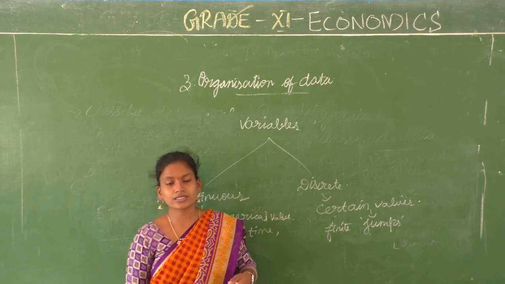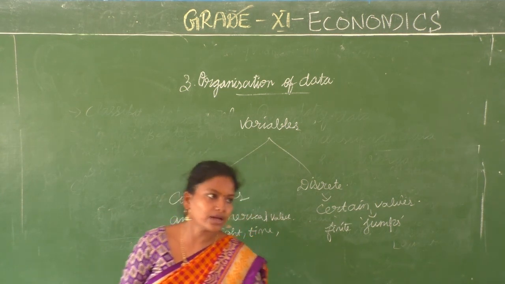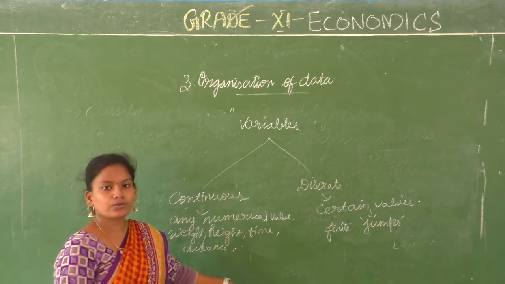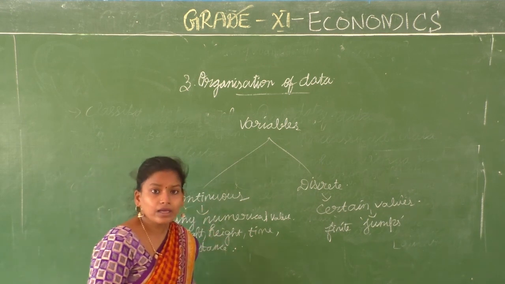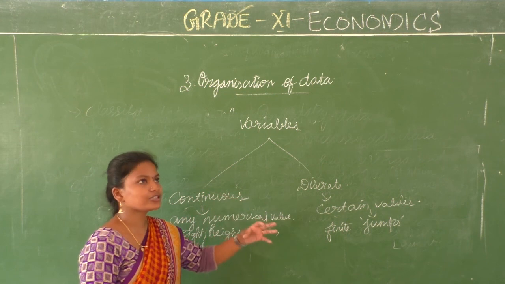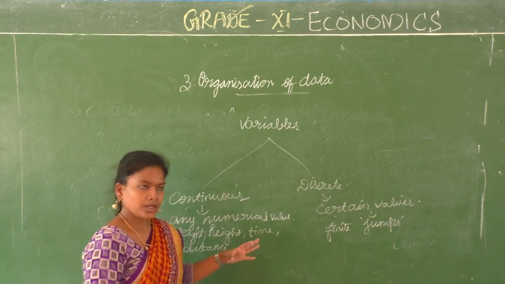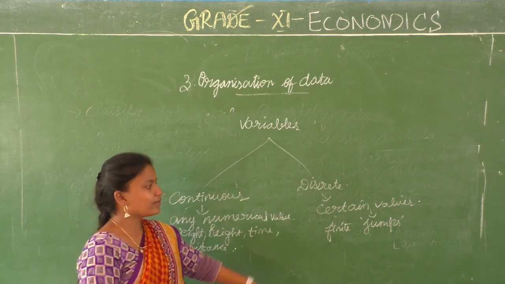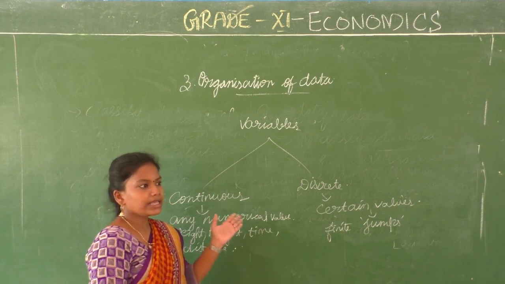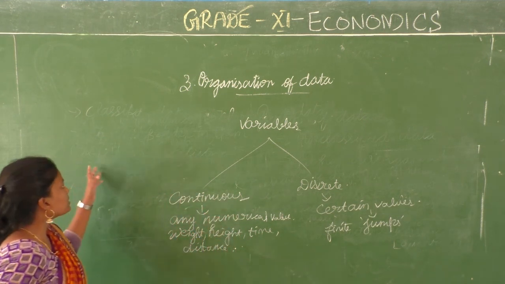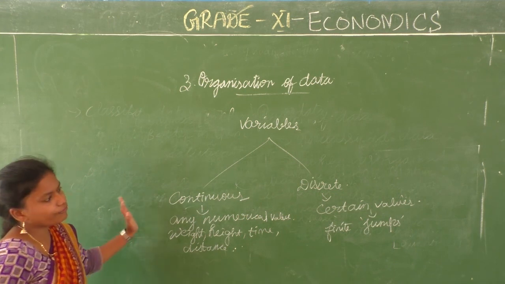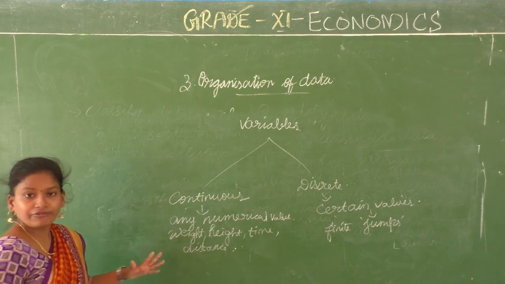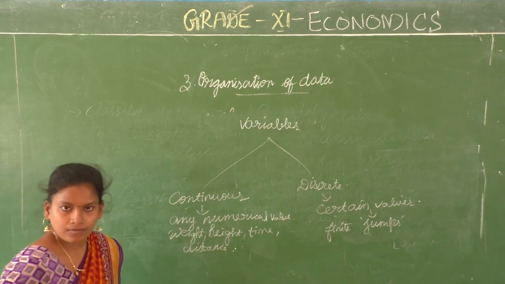After that, we have discussed variables. We have two kinds of variables, continuous and discrete variables. Continuous variables can be any numerical value, it can be integers, fractions, or decimal values. When you talk about discrete variables, there are only certain values, they have only finite jumps. In the example we discussed, those are multiples of 2. So finite jumps can be used even if it is a fraction.